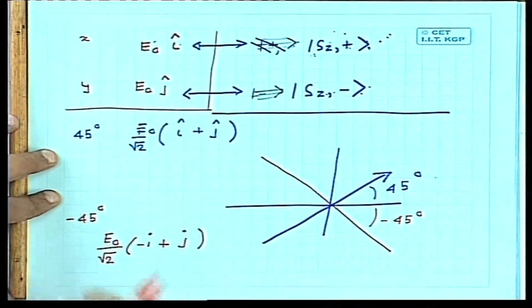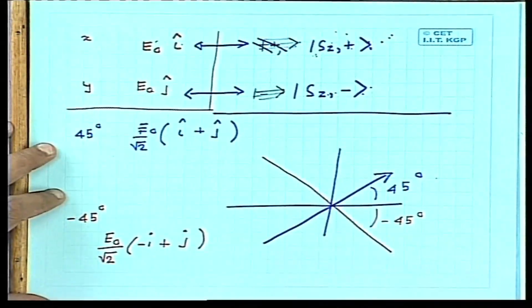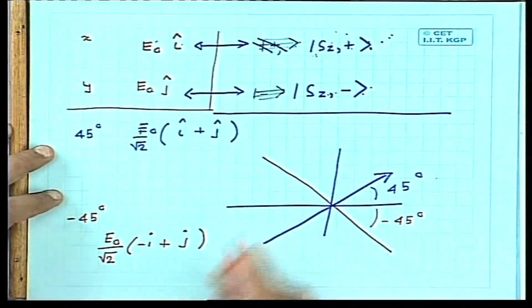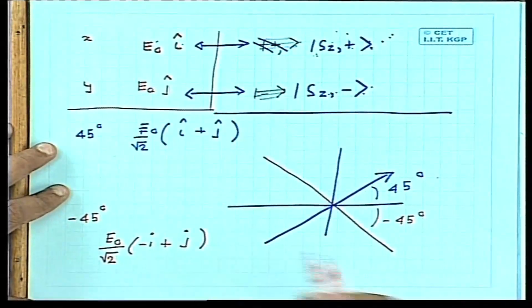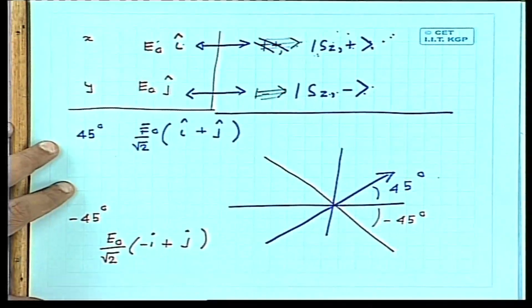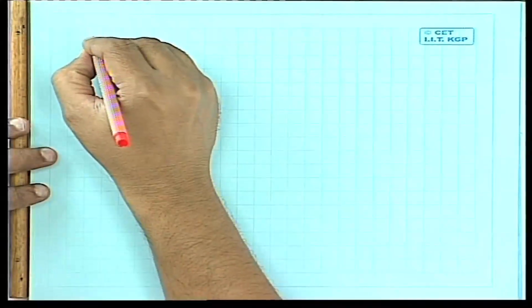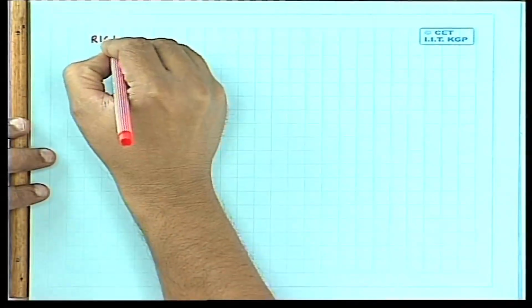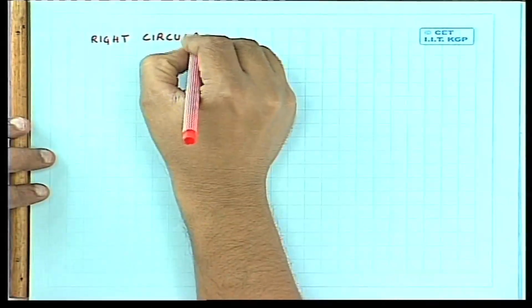We have two equivalent orthogonal states at 45 degrees or minus 45 degrees. Now there is a third possibility where I can superpose these with imaginary, complex coefficients. So I can construct a right circularly polarized state